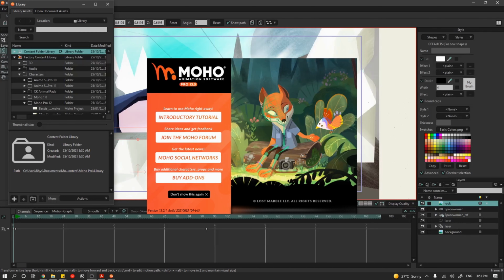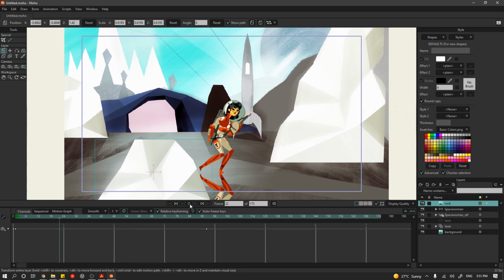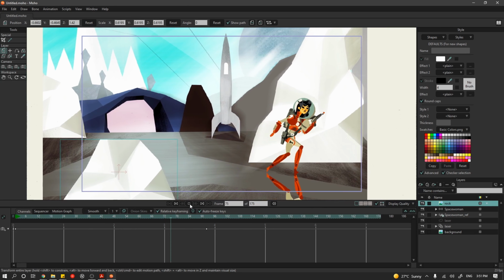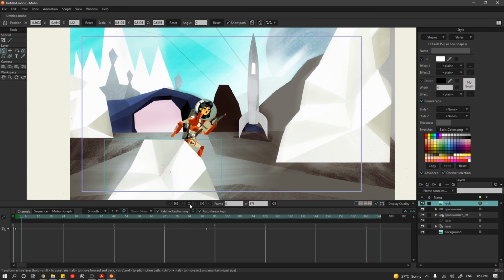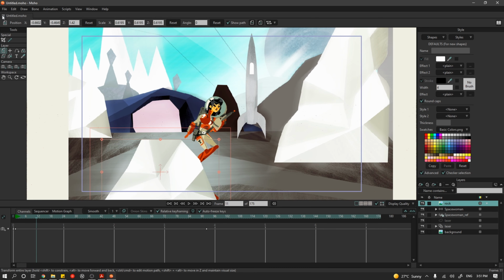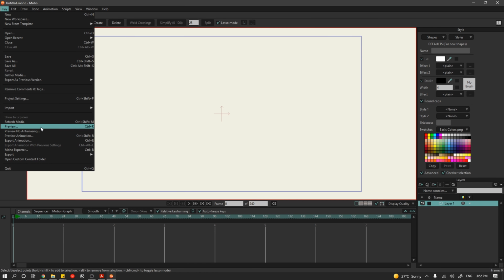Sweet. So now I'm jumping into Moho. And one thing that I think is really cool about Moho is every time you launch it up, it launches with one of its sort of built-in rigs and animations so that you can sort of get an idea of how things play out and play around with their rigs a little bit. But we're not going to do that. So I'm going to start a new document and then bring up the